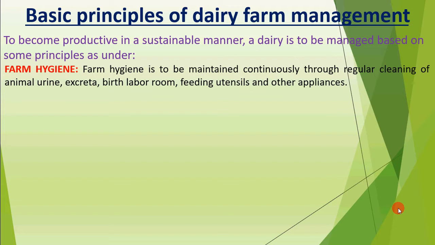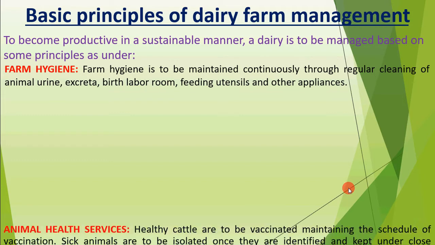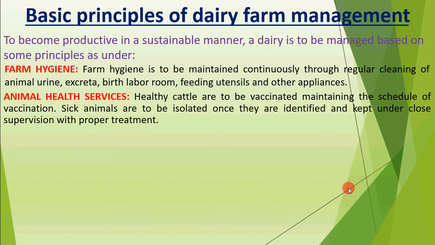Like you have to clean the urine, you have to clean the excreta, because everybody knows that there is no extra washroom or bathroom for cow. So the cow stay in that place, they evacuate the excreta on that place. So you have to clean it properly. Even the employee and the other utensils as well, you have to clean properly for removing the germs.